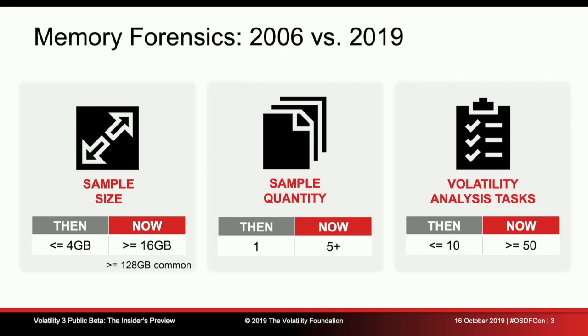And back then, in the early days, Volatility had a very, very small number of tasks that it could accomplish. Since then, and thanks to the community with Volatility 2, we've now got certainly more than 50 plugins, and you may very well run a good number of those on any incident that you're involved in. So the landscape of what memory forensics was when Volatility started, through to what the landscape is now, has changed dramatically. Memory's increased. I think the number of memory images that you get has increased.